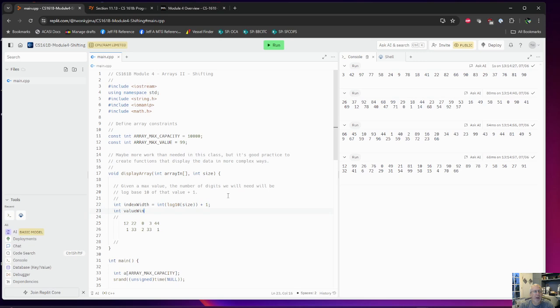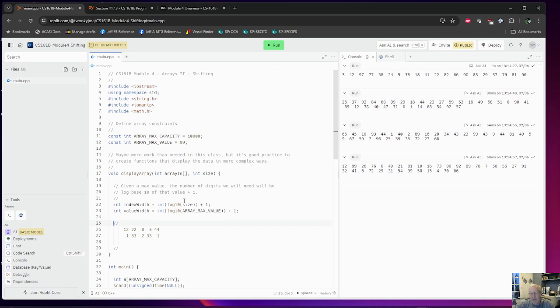So I'm going to create two width variables. I guess the other reason here is I'm using my size here. If it turns out that my size is only 8, then I only need 1. Then I'm going to set my index value to 1, versus hard coding it up here. Okay, so